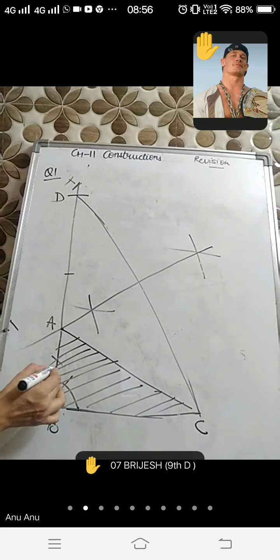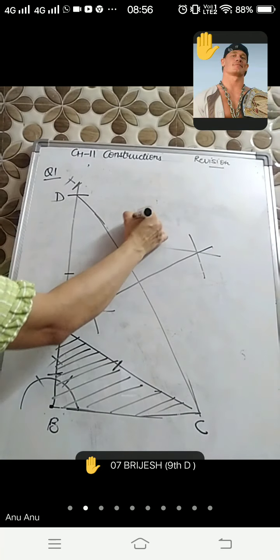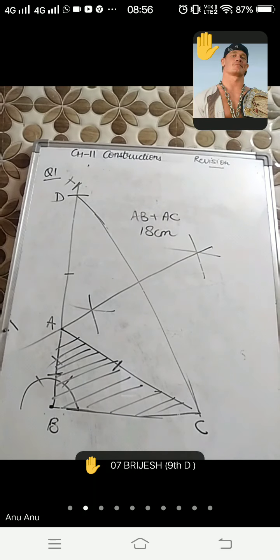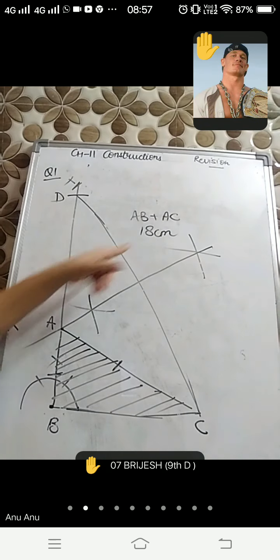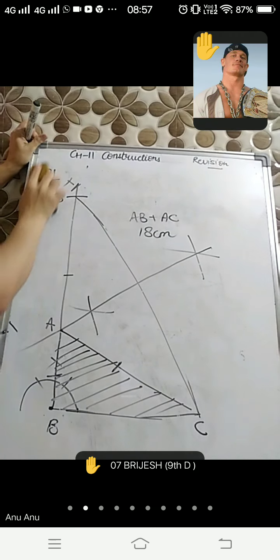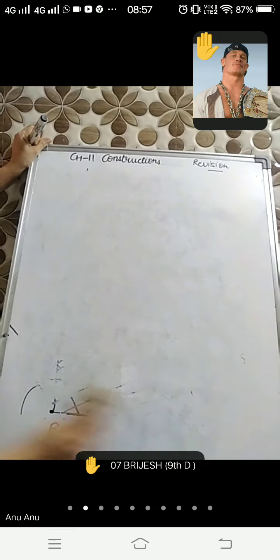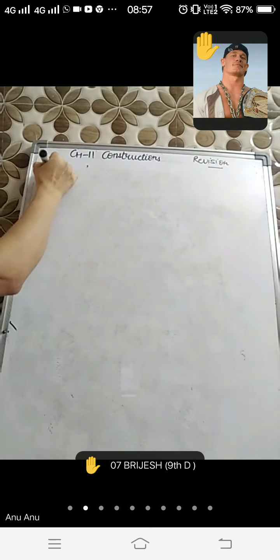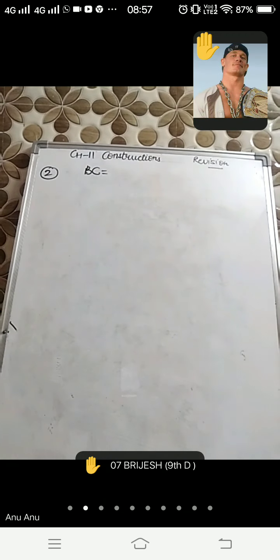And how you will check this? The sum of AB and AC, you will check the sum of these two sides, that will be surely 18 centimeters. If not, so little bit point difference you can rectify, you will make the sum as 18. So this is your last question of this same exercise when the sum of two sides is given and you can see that sum of two sides is greater than the third side, then only the triangle is possible. Is it clear? Now let's see the second question. In the second question beta, the difference of two sides is given. Yes, Brijesh?